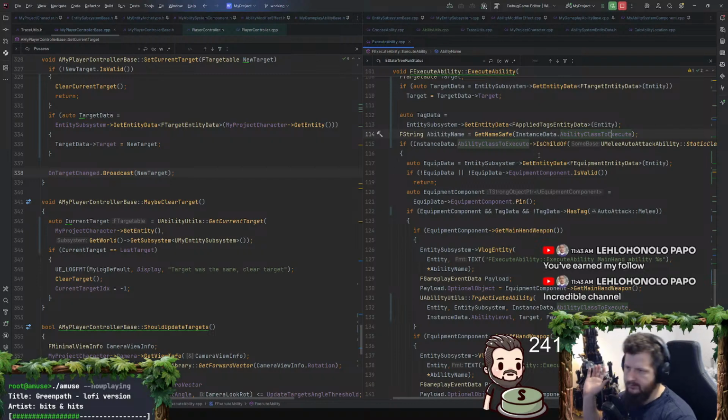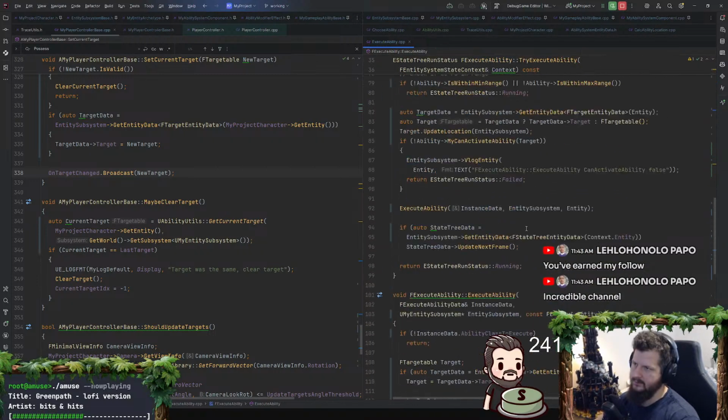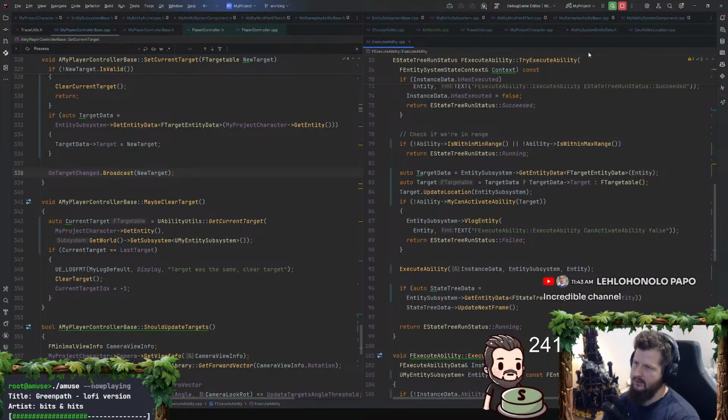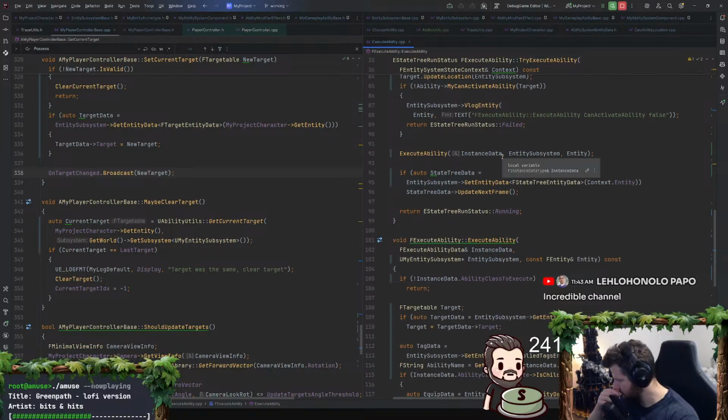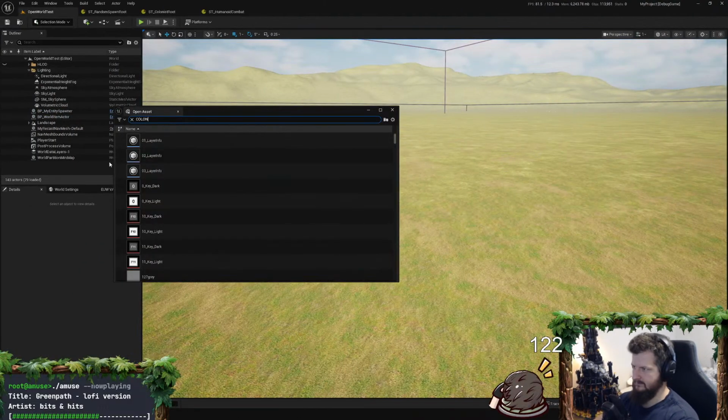Okay, so combat is working for the most part. I think I'm not adding the sprint tags and stuff to the proper place, which is fine for now. Let me see if